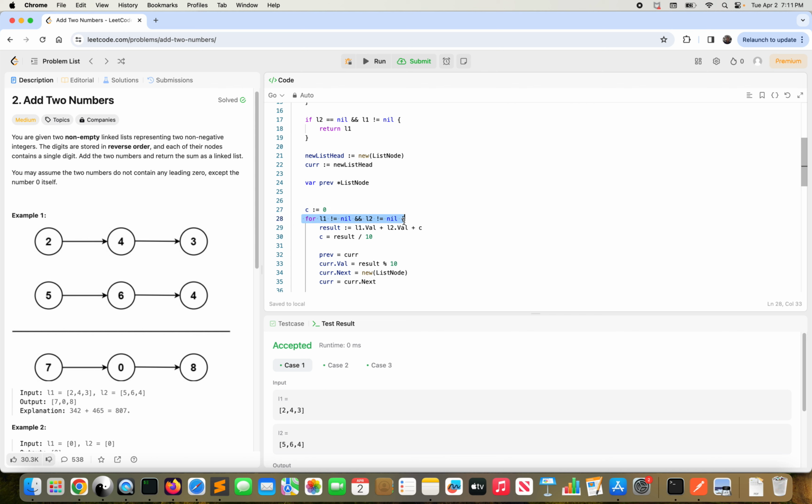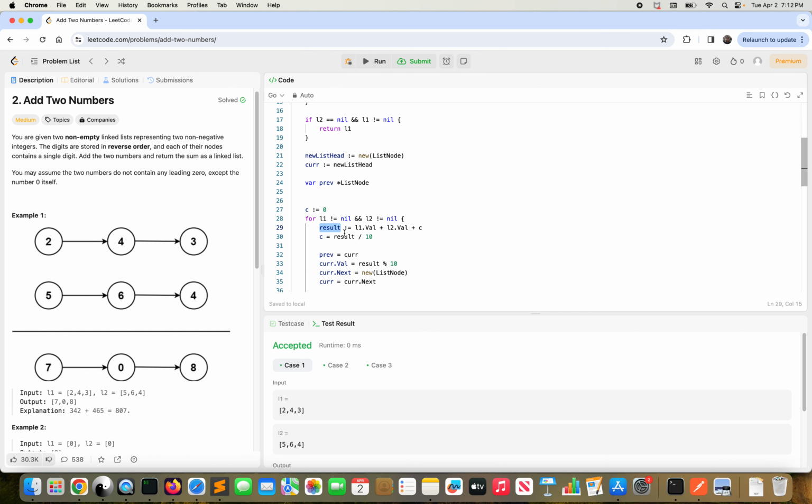Okay, so that's all. Here we are going to iterate through L1 and L2. So we are checking L1 not nil and L2 not nil. Of course L1 is not nil here, L2 not nil here. If there are three numbers here, then it will go to the end. So we are traversing, and then we're saying L1 val, this val, plus L2 val, this val, 2 and 5, and if there is any carryover, that's C. We add these numbers and the result is here. So we add 2 5 7,